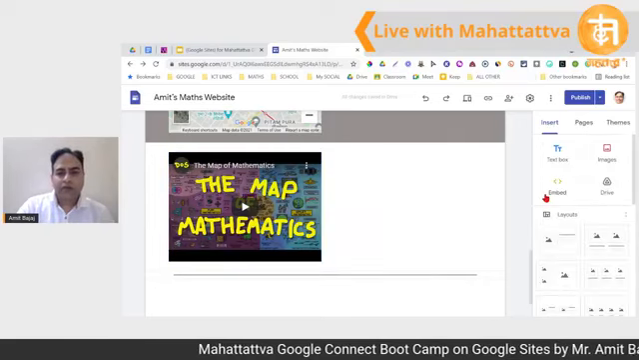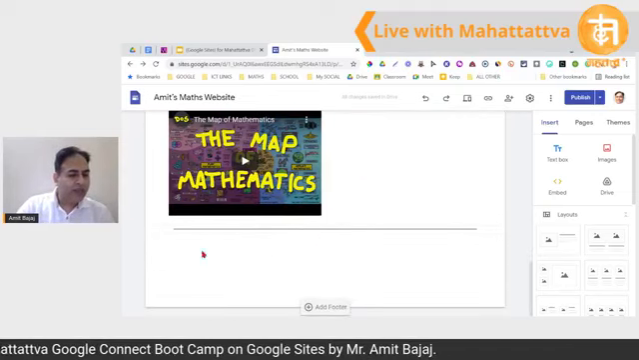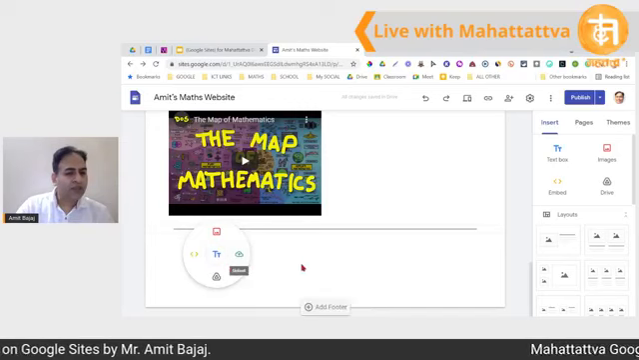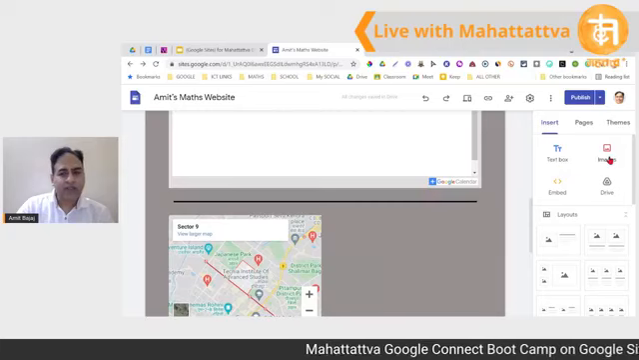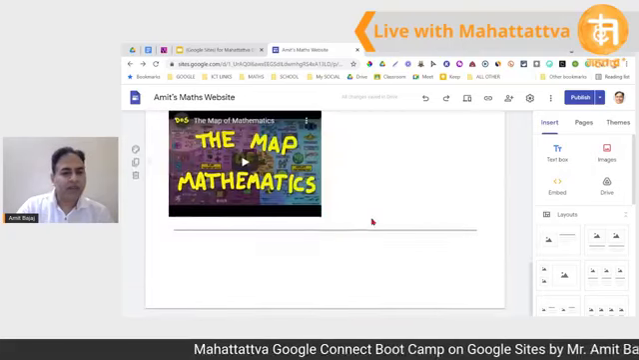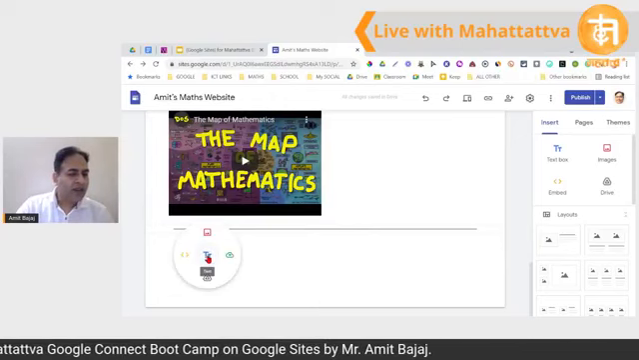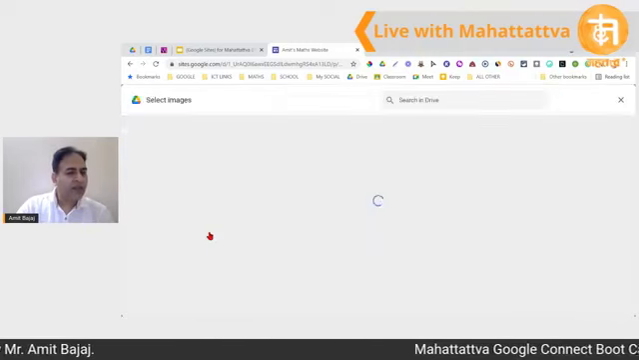Now, when I double click, please check this out, on any open area, I have this option which is already available over here. So text box, images, embedded and drive, that can be a shortcut by double clicking. And now I have the option for adding the usual text. I can select the images. So when I click on images,